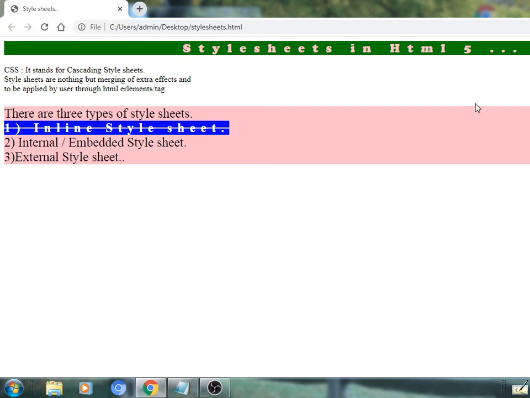Selectors, properties and values remain the same in the internal or embedded style sheet, the external style sheet, as well as the inline style sheet. Only the theme of designing the style sheet is somewhat different for every style sheet. So I think all of you will practice and find the differences also, then only will we understand very clearly. It is sufficient for this lecture on making an inline style sheet. Thank you.